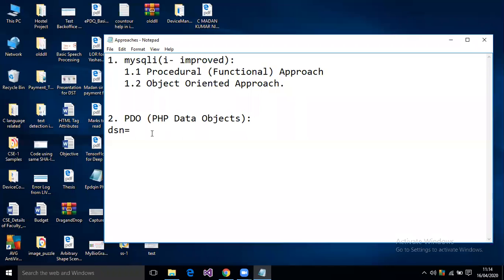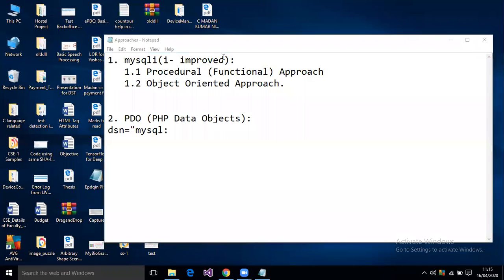There are certain principles to build this DSN, so you need to remember this particular string. When you recall it, it is very simple. It is not like jdbc colon mysql colon and so on, a lengthy string. Instead, it will be a very simple string which starts with the name of your database. Suppose you are going for MySQL, then this will be mysql colon,